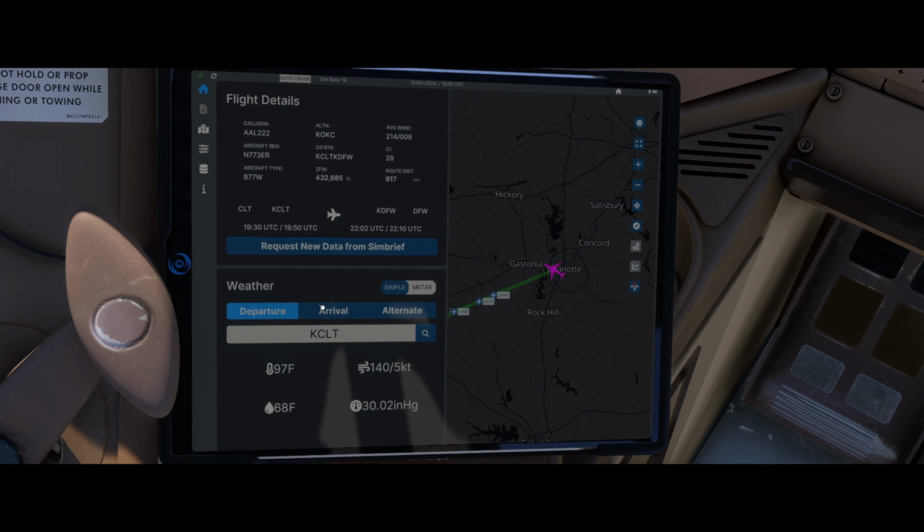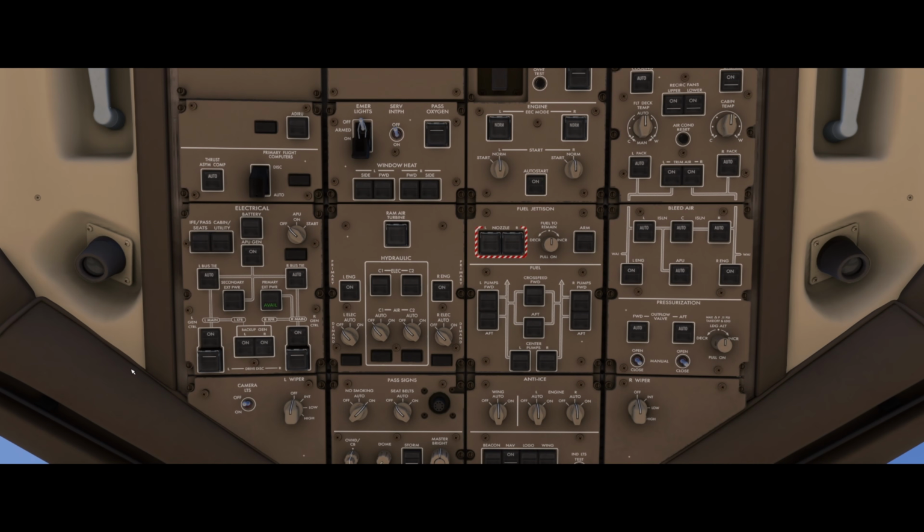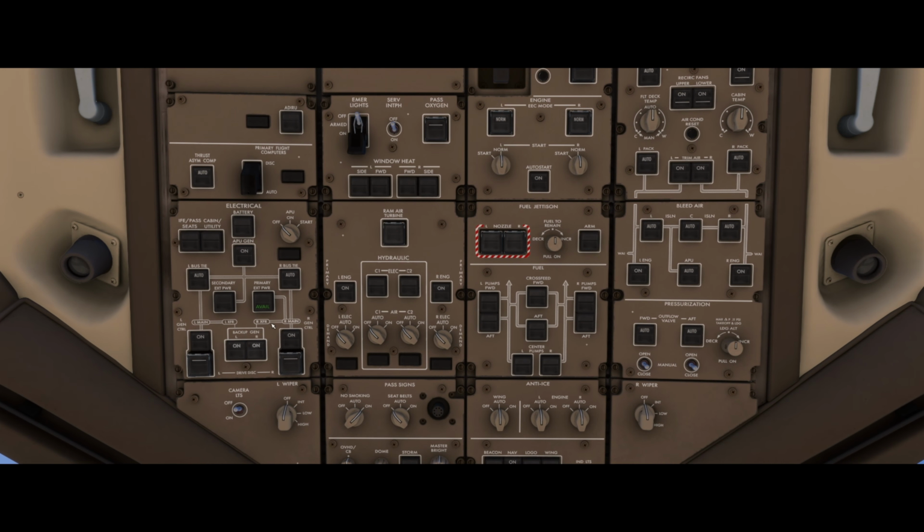Okay, so once you've got that in, let's go up to the upper overhead panel. All right, and so we connected our ground power in the EFB earlier, and as you can see, it's showing available, so let's click that. You can hear the systems coming on. All right, and just click on your battery, the in-flight entertainment, passenger seats, cabin utility on,